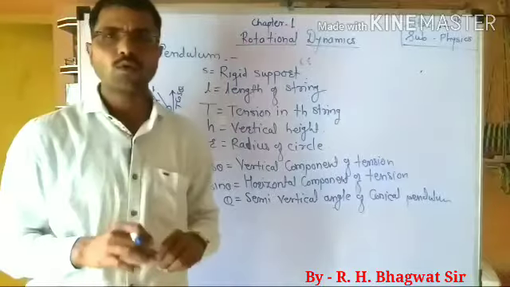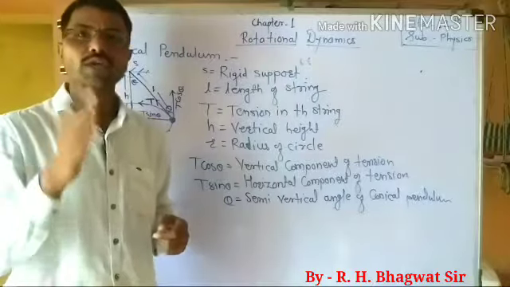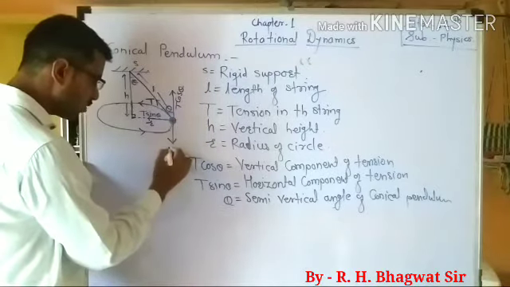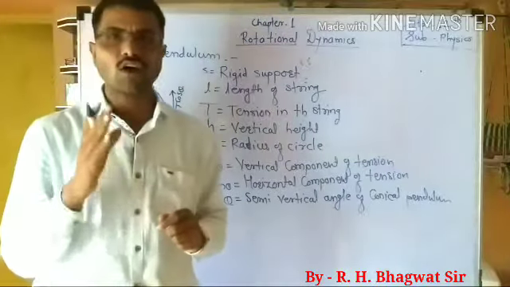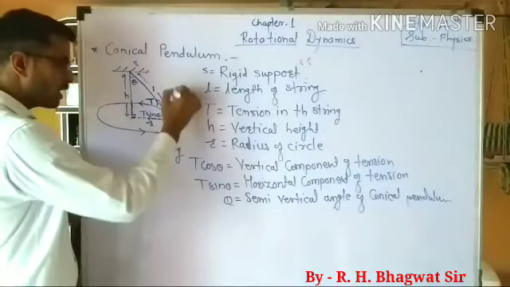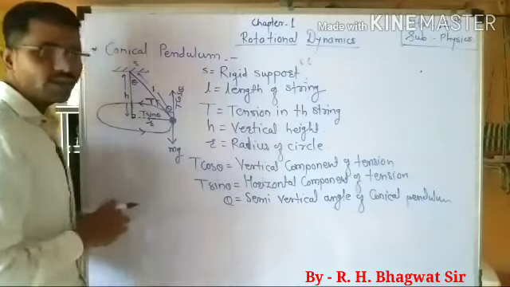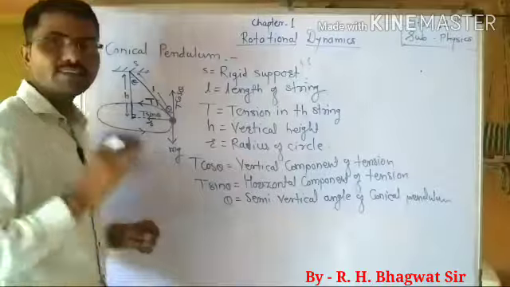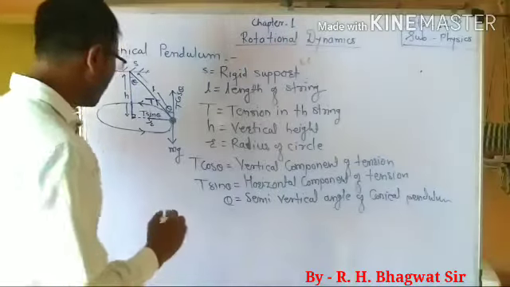circle. The forces acting on the bob of the conical pendulum are the weight of the bob in the downward direction, which is equal to mg, and the tension along the string of the conical pendulum. Now, when we observe this condition, the vertical component of tension, T cos theta, balances the weight of the bob in the downward direction, while the horizontal component, T sin theta, provides the necessary centripetal force for the circular motion of the bob. Therefore, we can write from the first condition,